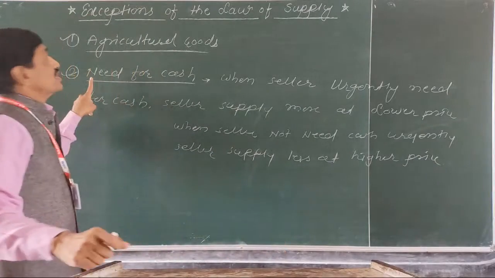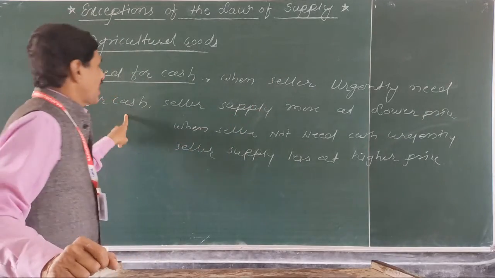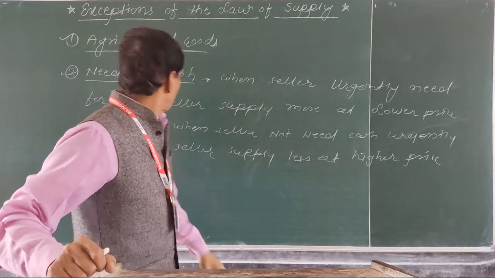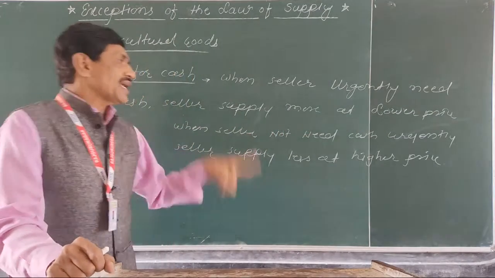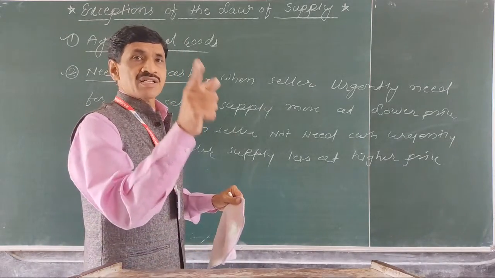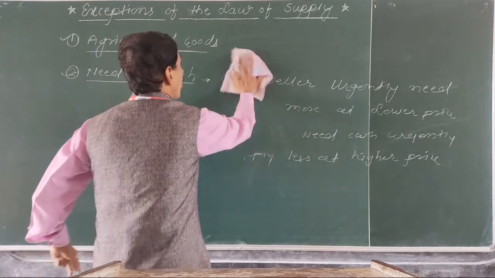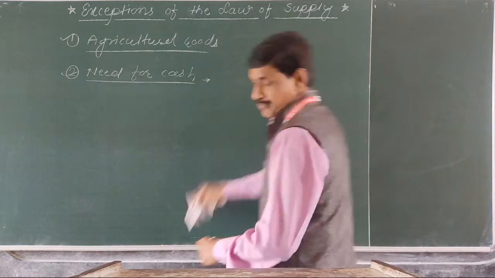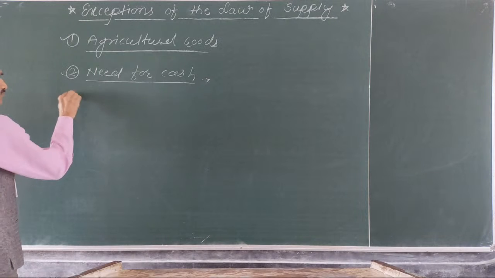So the exceptions to the law of supply, number 2: need for cash. When the seller urgently needs cash, at that time the seller supplies more at a lower price, and when the seller does not urgently need cash, the seller supplies less at a higher price. That is the real exception, against the law of supply. It is called an exception to the law of supply. The first point is agricultural goods or agricultural products, the second is need for cash, and the third is